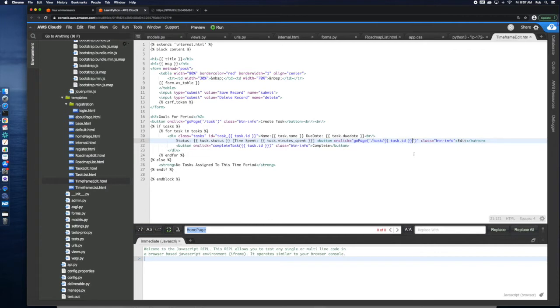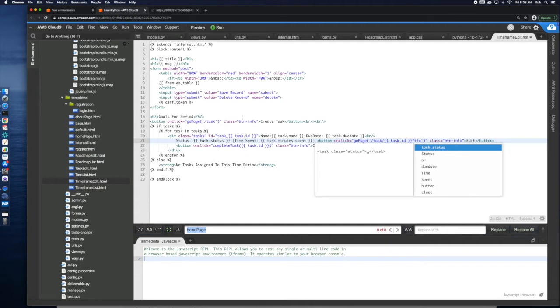So now if we do go page and we add, let's see, we're just going to do time frame equals, this guy, which is, oh wait, that's form is table. We come into there. Is this the edit? Yeah, this time frame edit.